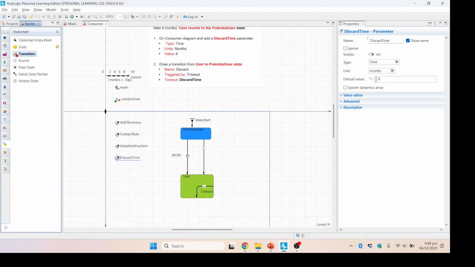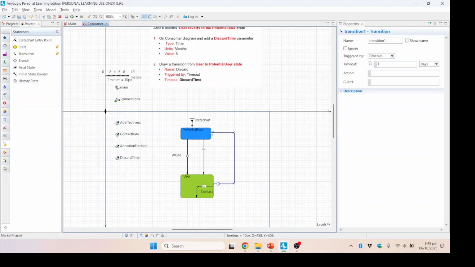So if you double click it, a pencil icon will appear here, and using this, click on the contact, click on the user box, and then from here move towards the potential user box, and this clock shows that this is basically right now. Because this transition is selected, if you look at the right hand side, there are the properties of this transition. We will call it discard,